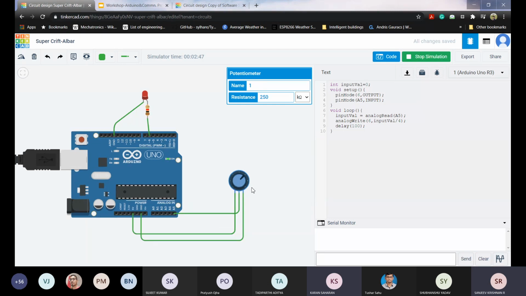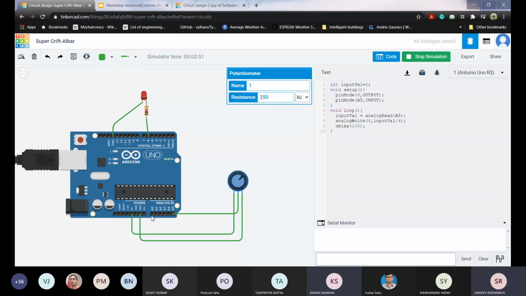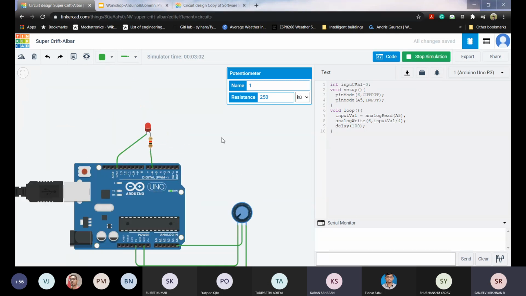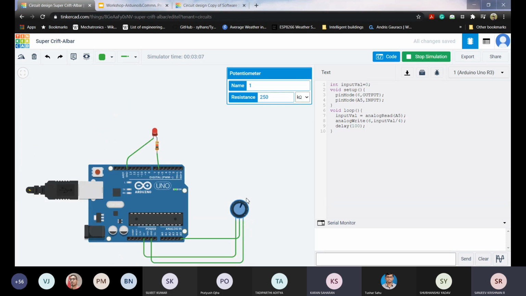And the person who asked about the difference between these two terminals, here you can see I have connected my 5 volt to the left end. So when I keep my knob at the left end, it is bright. High is at this end and low is at the other end.